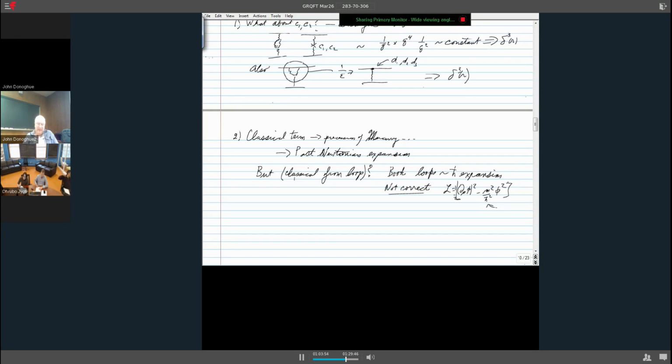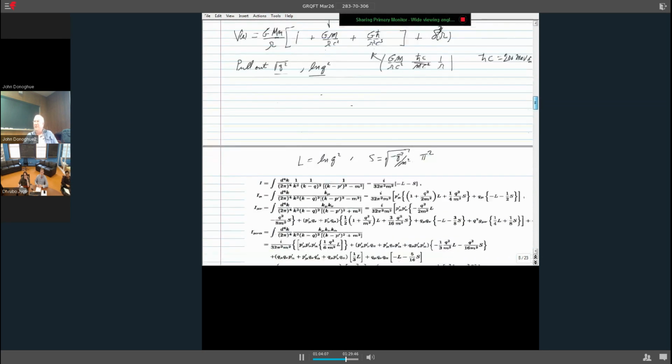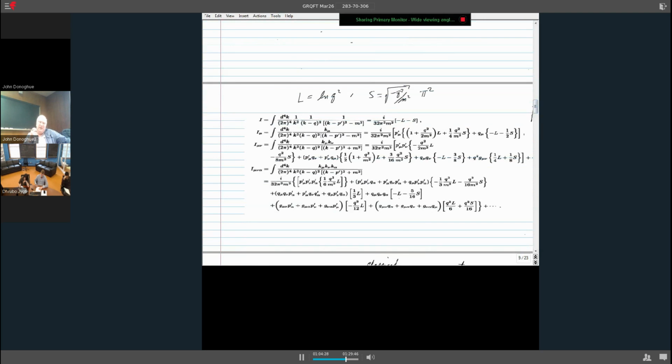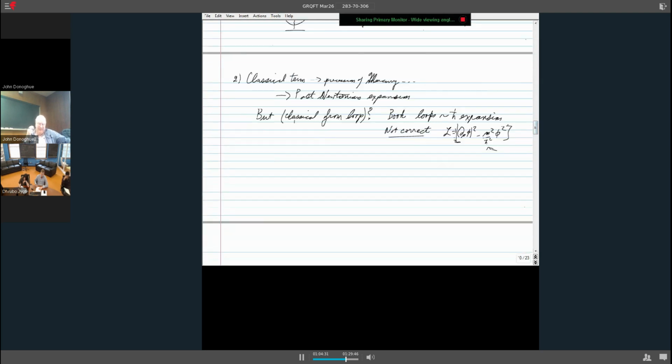So how do you get classical pieces out of loop diagrams? Because normally you see textbooks saying that the loop diagram loops is the h bar expansion. But that's in fact not correct. You can get classical physics out of loops, and here's a perfect example. And the flaw in it is there are parameters inside the Lagrangian that depend on